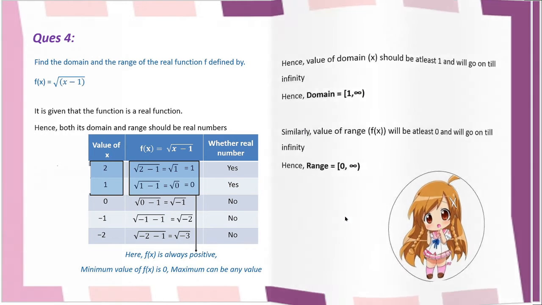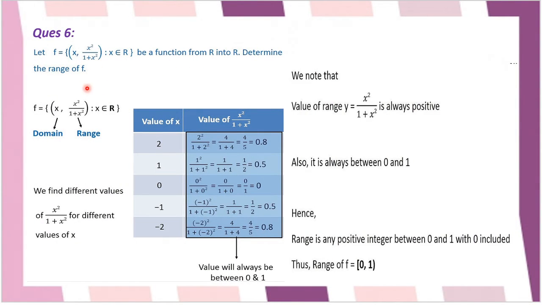Now we have to find the range of this function and the function is defined on real numbers. From R to R means domain and range both are real numbers. So the first element is always considered as domain and the second as range. When we take few values and we check, then we can observe from this table that the value of function is always coming between 0 to 1, including 0 and excluding 1. We can have the value of function as 0 but we cannot have the value of function as 1. So this is always positive and it is always between 0 to 1.